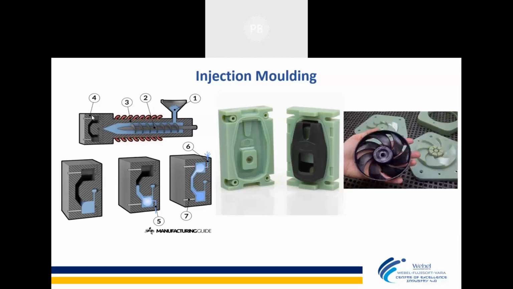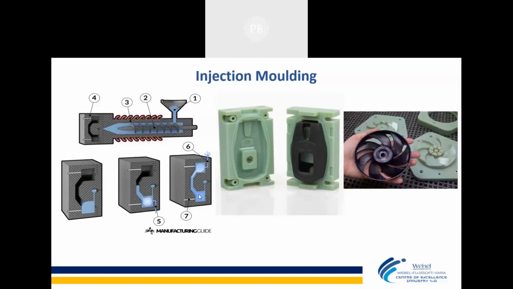Now this die comes up. There is a core part and a cavity part, and between them there is a gap. This gap is your desired product. Through this orifice the material goes in and starts filling up, like this. You can see in this stage the material starts filling up, and it gets out from this part, from the sixth die. Once it gets out, it means the material is completely filled.